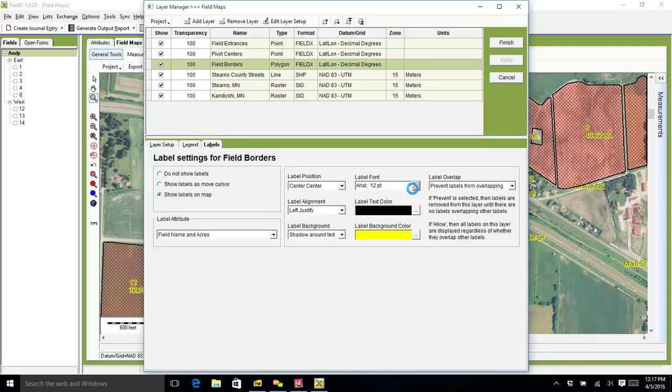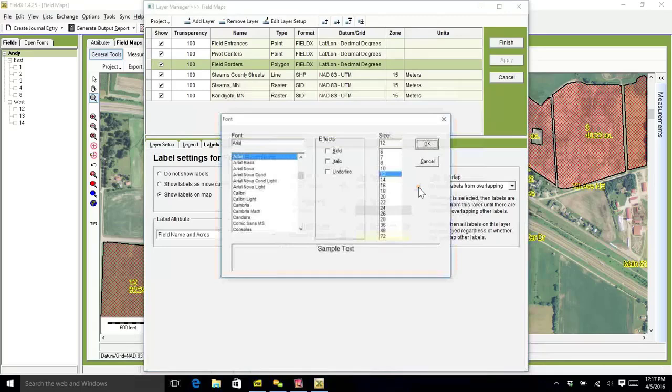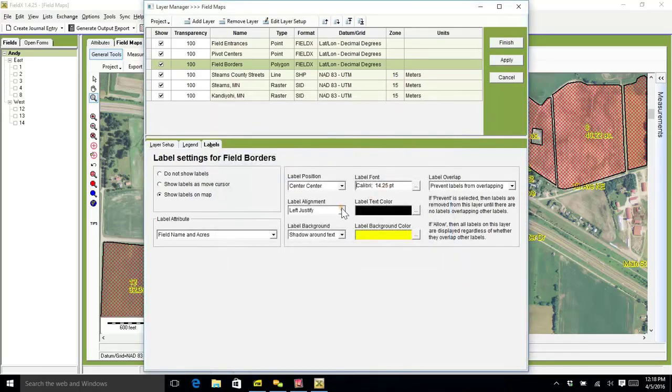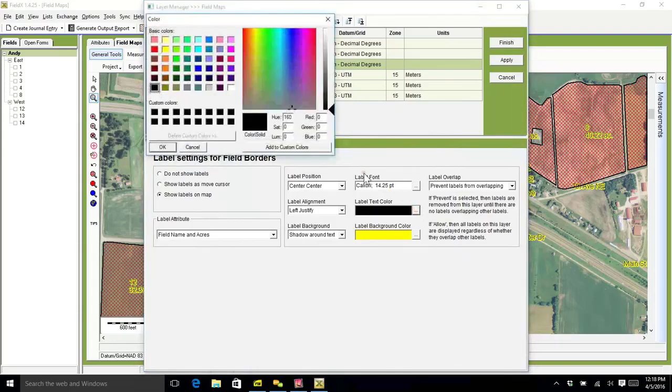If you want it to be larger font, you can click on this button, move it up to 14, even change the font to something else that you might think is a little more readable or just something else you prefer. The label alignment, if it's left justify, right justify, the text color, maybe I want this to be